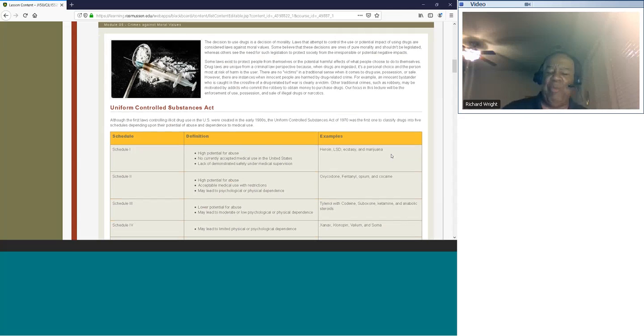But coming up, I remember, they have heroin in here. I remember LSD and ecstasy coming out back in the 60s and the early 70s, purple haze. These were chemical drugs that sent people on trips that some of them never came back from. Their mental state was totally changed. And then we have Schedule 2 dealing with oxycodone and fentanyl, opium, and cocaine.